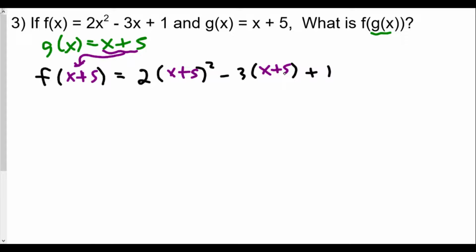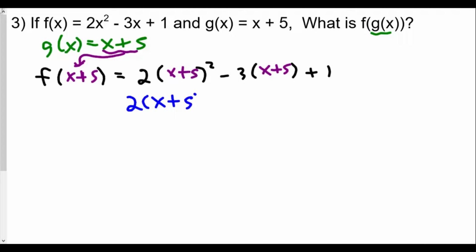Seems complicated, but if you remember, in a function, the x represents a big old box you plug stuff into. So you want to write the function as f of parenthesis equals 2 times parenthesis squared minus 3 times parenthesis plus 1, and then just fill in what we're plugging in. So here we're going to do the square of the x plus 5. So we get 2 times x plus 5